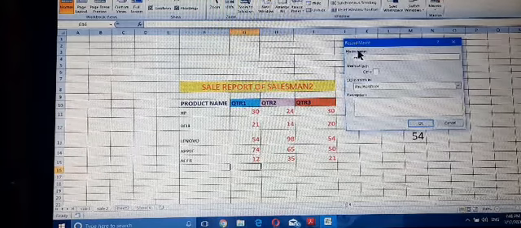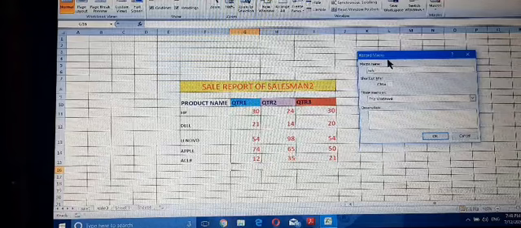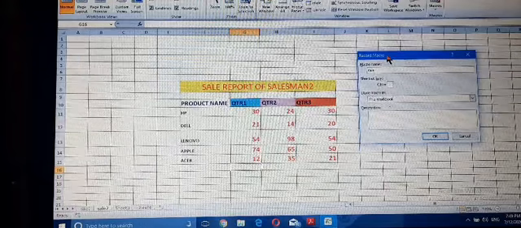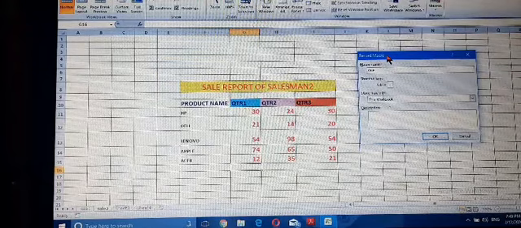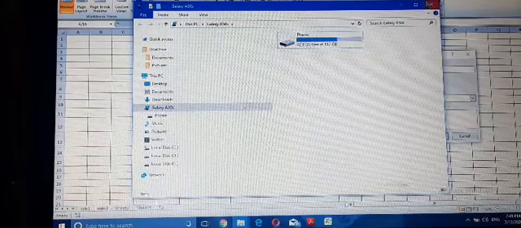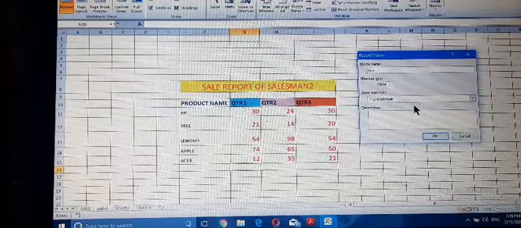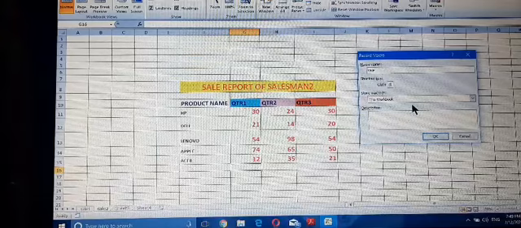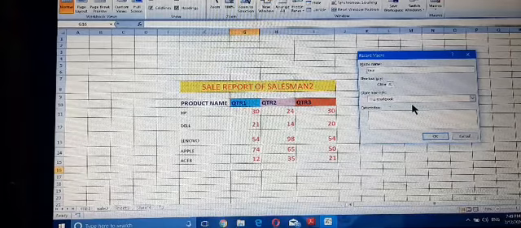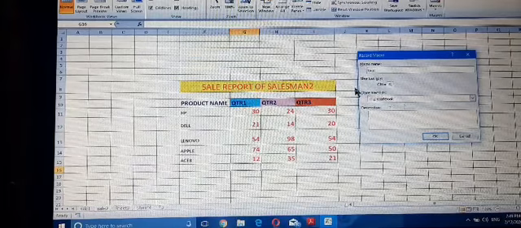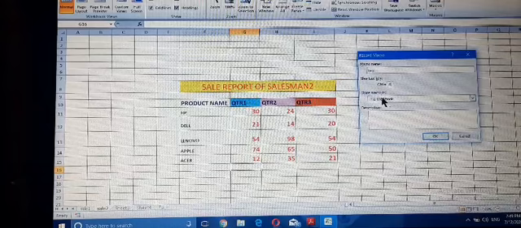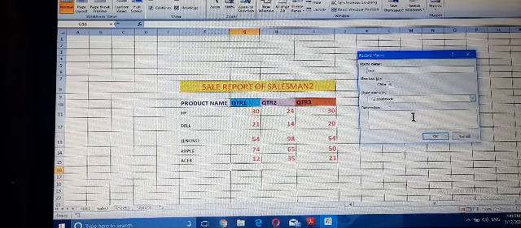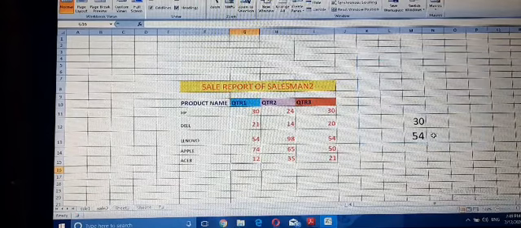You need to choose a key which is not used in this application. So here I am choosing D, Control D. This shortcut key is used to run a macro. Then click on the OK button.